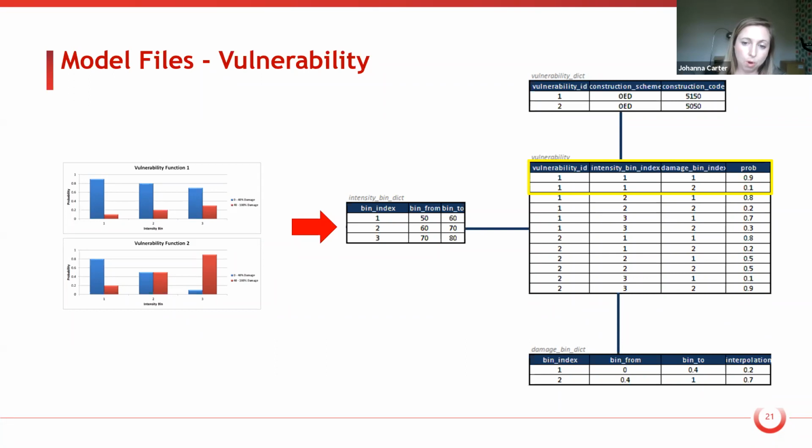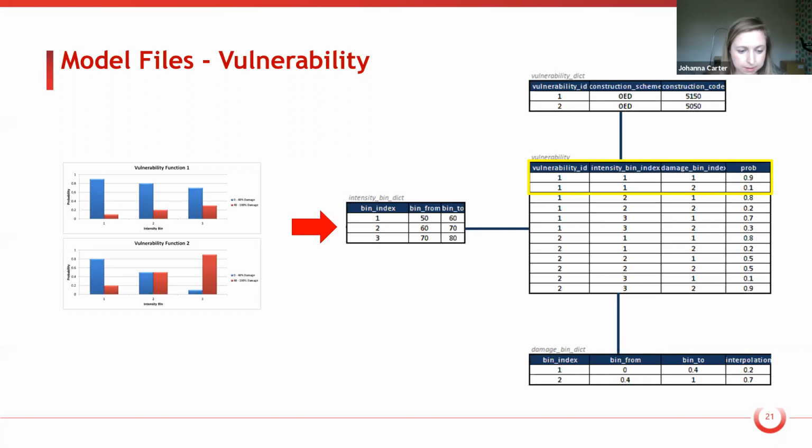Damage bin 1, which is under 40%, has a probability of 0.9, and damage bin 2, a probability of 10% of 40% damage or more. So you can see that the central table is a model abstract format, which just contains the numbers, the integers and the floats. And all of the meaningful information is held in the dictionaries,